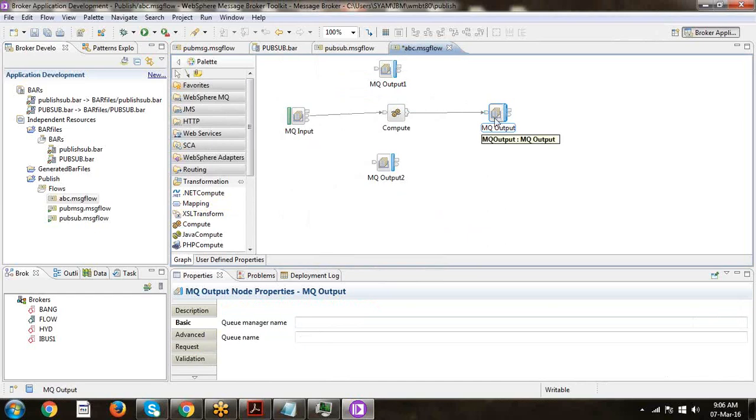Whenever it hasn't reached the destination, it first throws an exception. That exception comes to the catch terminal. Any exception comes into the catch.